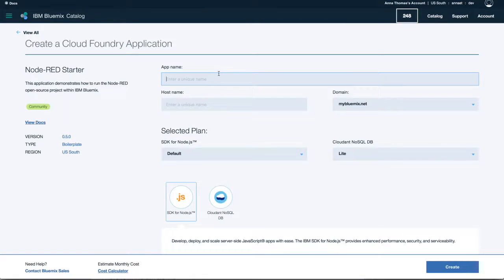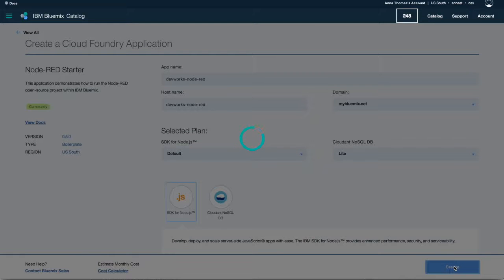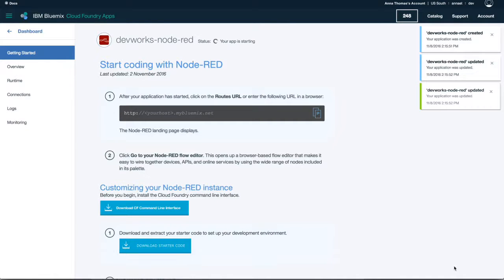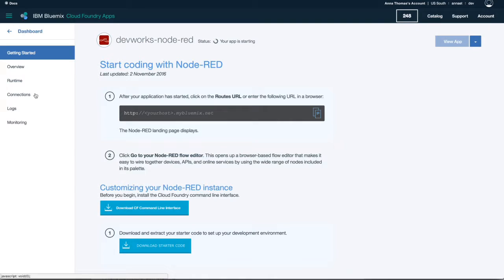We're going to give our starter app a unique name. The app name doesn't need to be the same as the host name, but they can be the same. Then we're just going to leave the rest as default and select create. Straight away the app begins to start up, but before we jump into there we're going to add some Watson